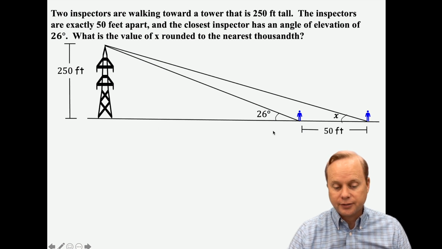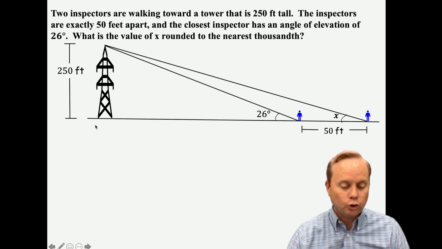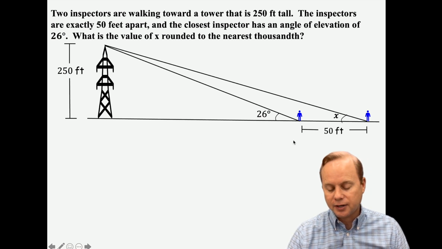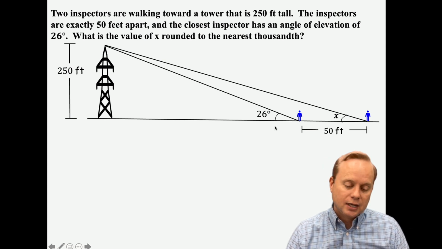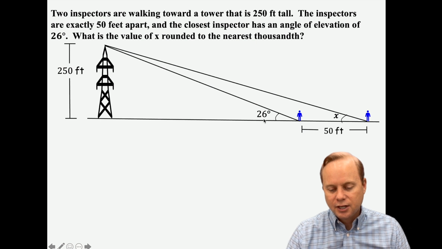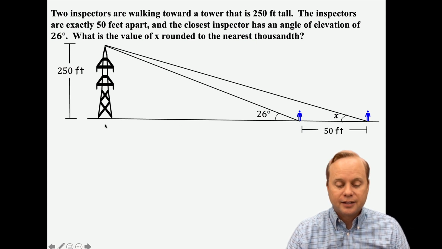That's a little hard considering I don't really know what this is, right? I mean, if I knew what this whole entire amount was, well, then I could use tangent, right? I've got the opposite side divided by the adjacent side, and I can find it. But the problem is I don't know that. Well, it's really not that bad because using this information from this first inspector, I can find out what this